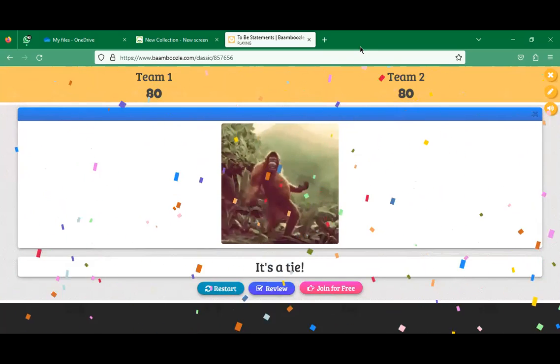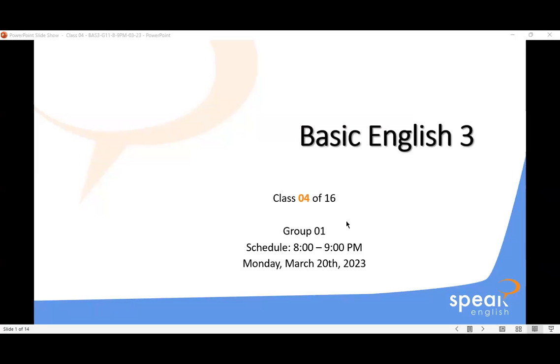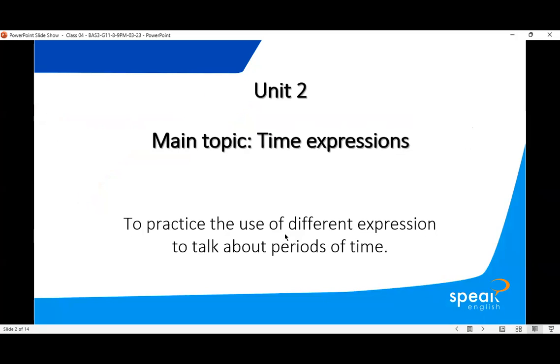Okay, very nice. That was just a short practice because it is important to keep information in mind. Okay, now let's move along to the topic that we need to check tonight. In today's session, we continue working with more ideas, specifically with time expressions. Today, we begin unit number 2. In this case, we are going to be using different time expressions in order to describe different periods of time,